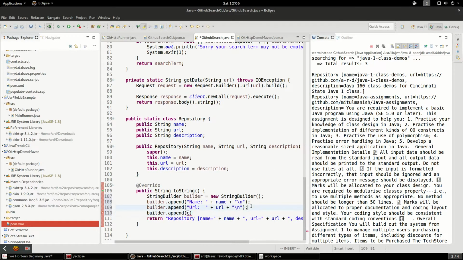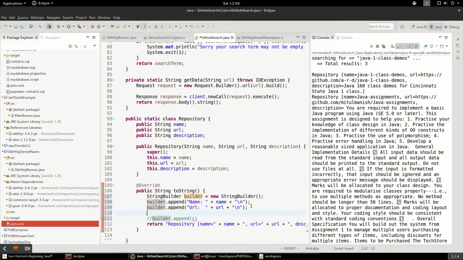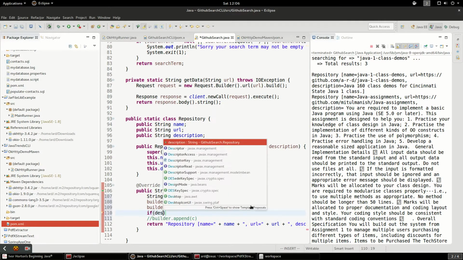And the one thing I'm going to do before we do this last append, I'll say if description